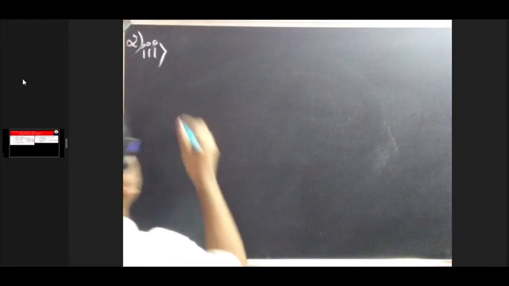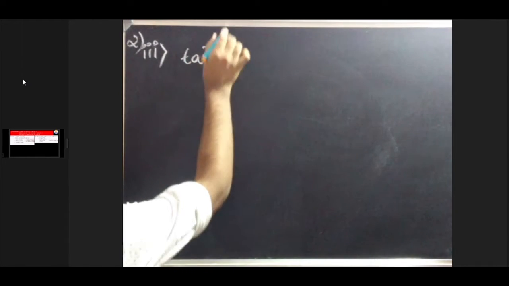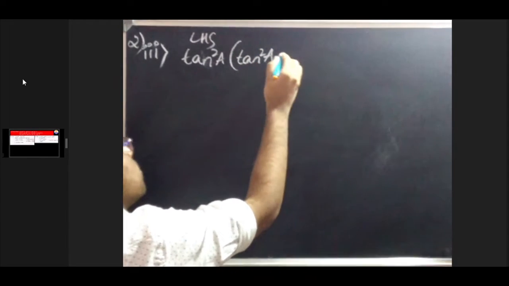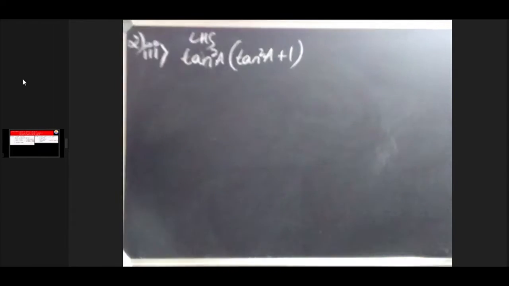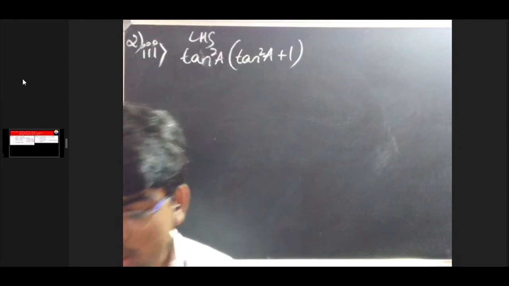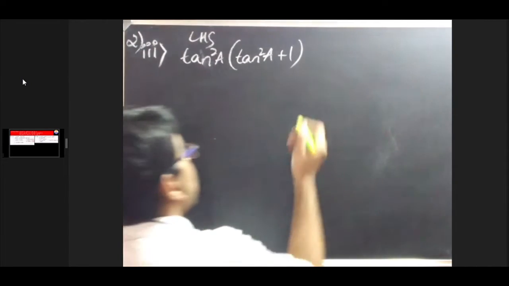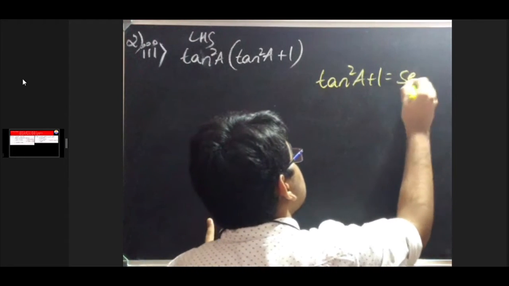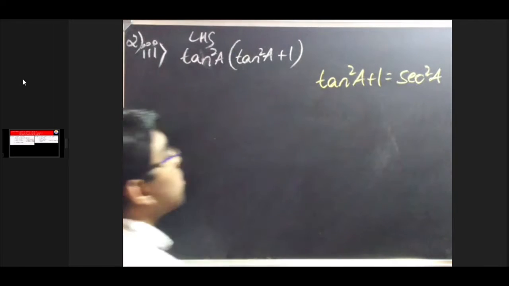So here, tan square a is common from the LHS. Tan square a is common. Then we will be left with tan square a plus 1, right, in the LHS. Then we know tan square a plus 1 equals secant square a. Right, tan square a plus 1 equals secant square a. So with that knowledge,